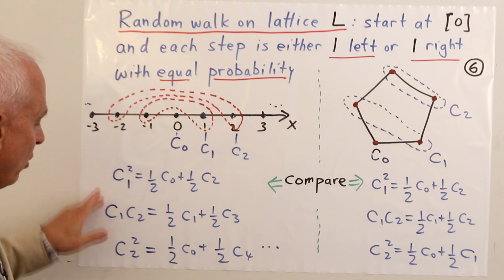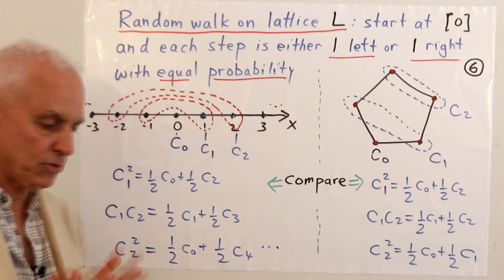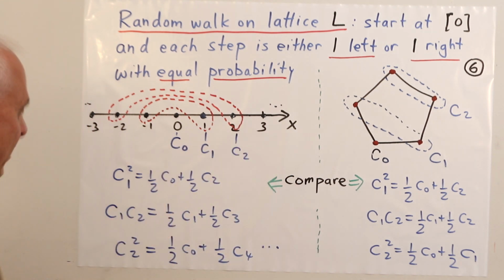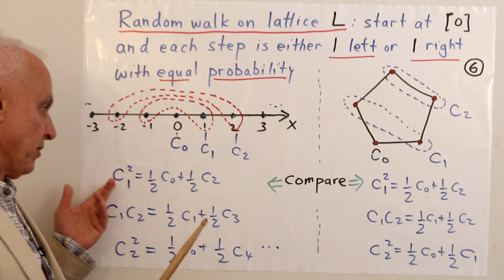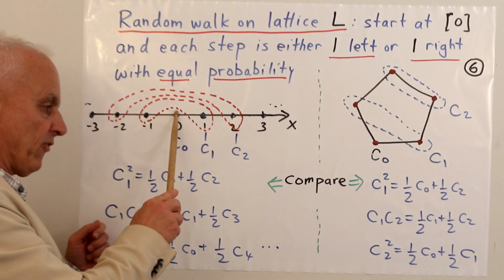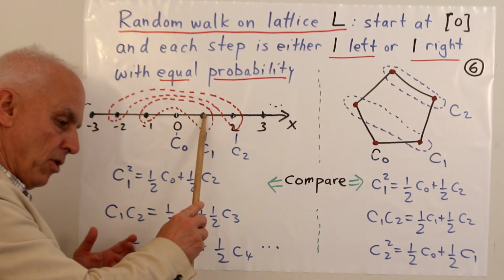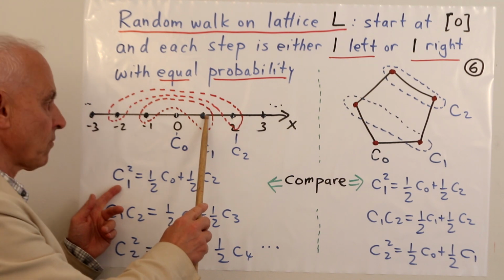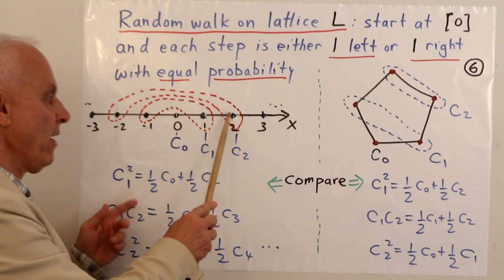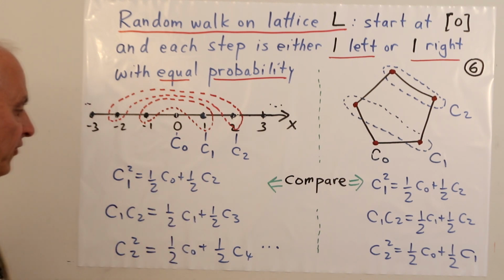And what is going to be the algebraic structure that goes with this? Well, we're doing exactly the same thing that we did over here and in all these other examples. So C1 squared, you ask the same question. If I start at C0 and I take a step of size 1, maybe I'm either here or here. Let's say I'm here. And then from there, I'm going to take another step of size 1. So I'm either going to end up at C0 or I'm going to end up in C2 with equal probabilities. So I write 1/2 C0 plus 1/2 C2.